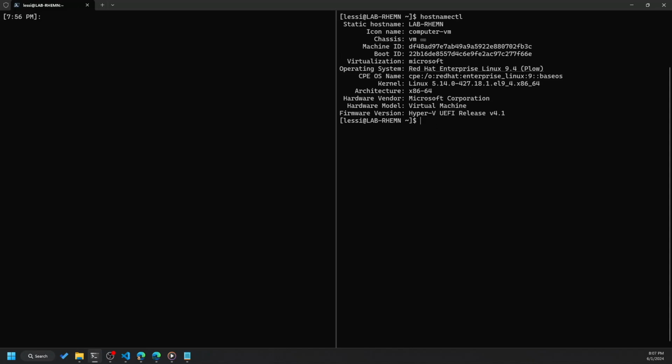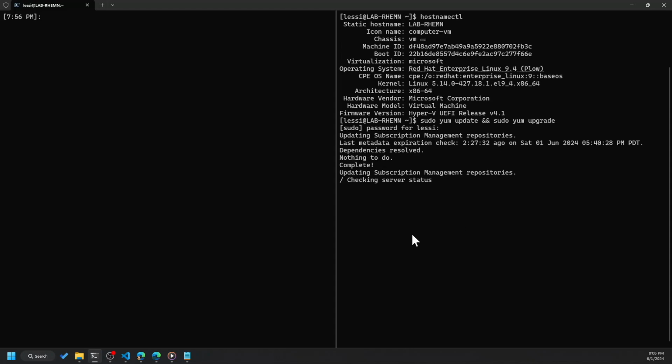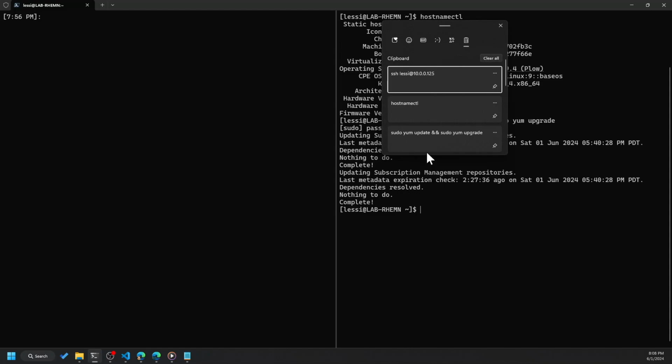So really quick, as a next step, I'm going to update the system. I'm going to run sudo yum update, and also sudo yum upgrade, to ensure that this device is fully upgraded and updated. So I'll run both like that. And once this is done, the next thing that we're going to do